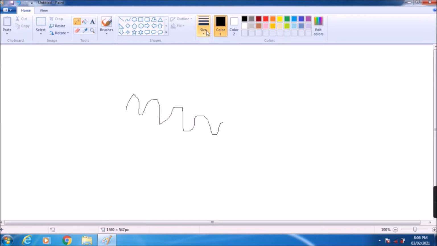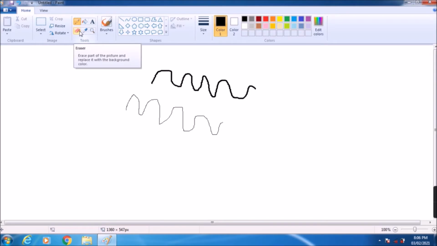If you want to change the width, you can change it from here. Click on the size, then click. So the pencil width will be changed. Next one is the eraser tool. It erases part of the picture and replaces it with the background color. Click on that. See, just click once, then start.